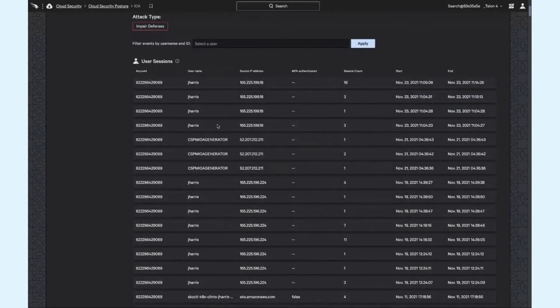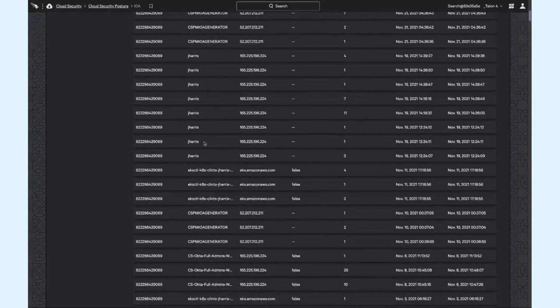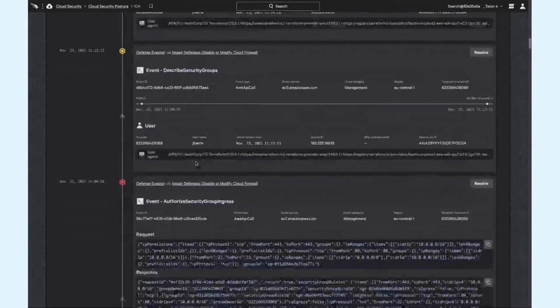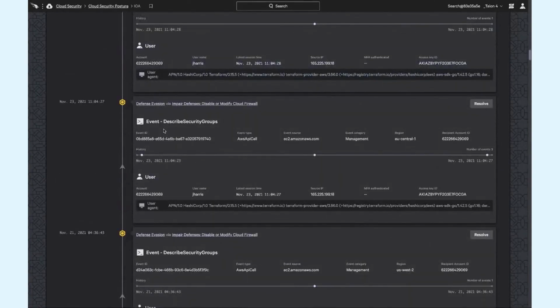So I can get about it. I get some actual raw user data, who's going in, what they're doing. You can see there's a demo generator, but as well as human accounts. And as we go in here, it looks like on the 21st, so just a couple days ago, when I executed the demo, somebody logged in